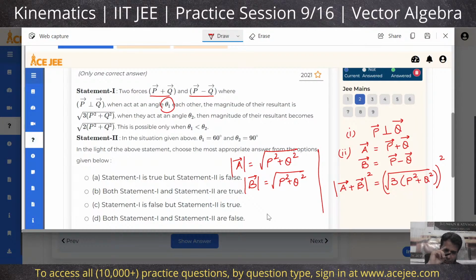Chavi? Manan? Yes, beta? Yes, sir, it's done. Yes. Just talk me through the approach, please. Chavi, beta, you say it in your words. So what I did was first I took the magnitude of A and B, and like I took the